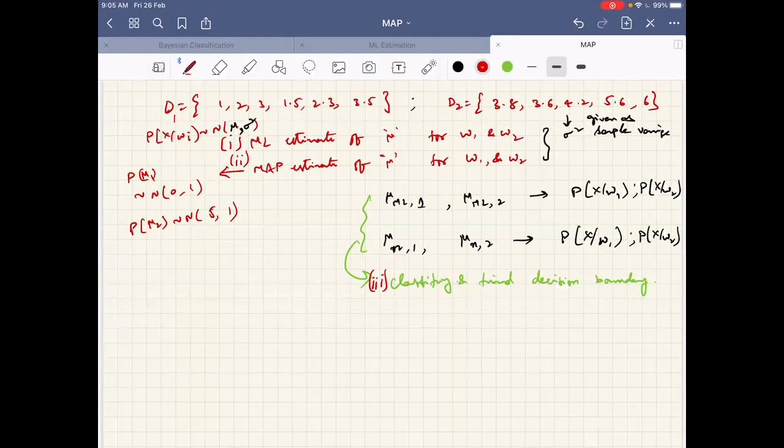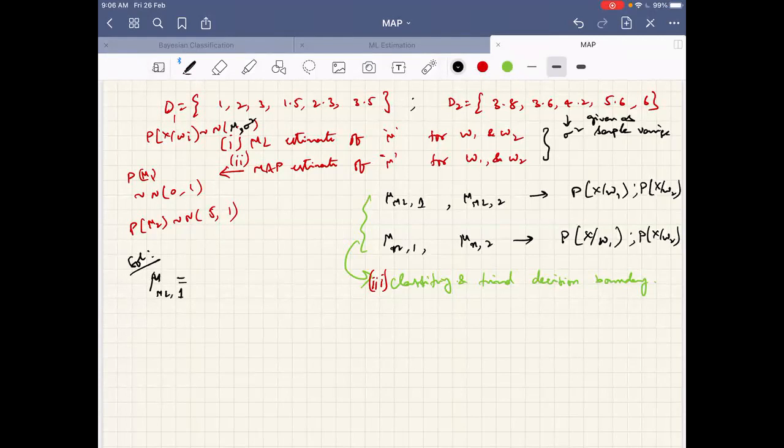Now I need some inputs from some of you. What is the first step? Some quick inputs. What is the first step in doing all this? First find the ML estimate of mu1. So the mu ML estimate I have to find, for class 1 and class 2. Assume that I want to find the ML estimate for class 1. The class 1 mean and class 2 mean are different, right? So I want to find the class 1 mean. Can one of you help me on how to find it?